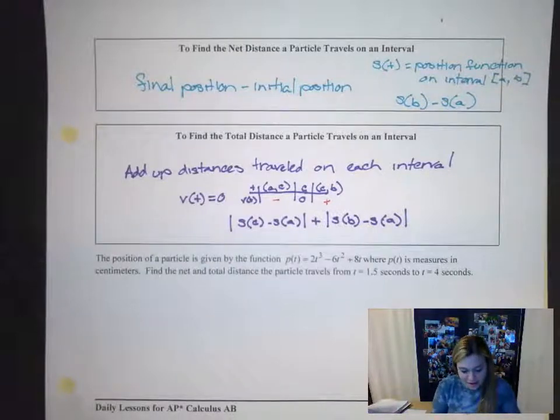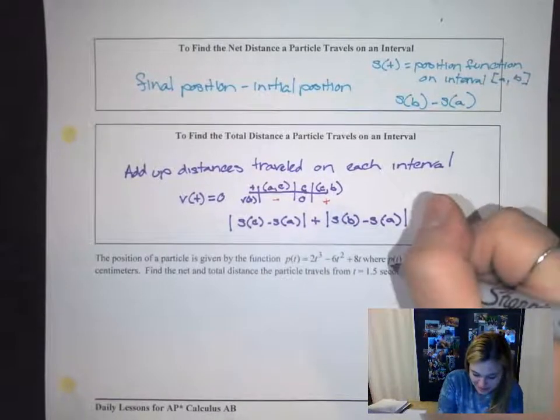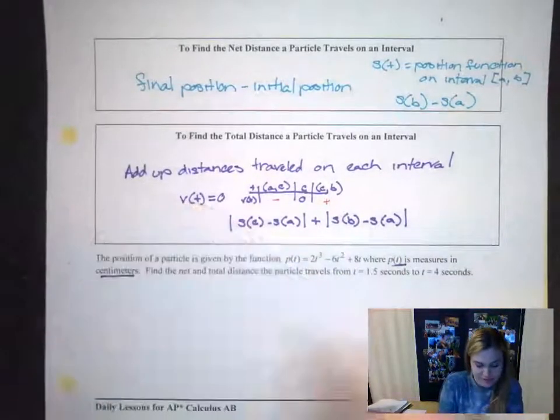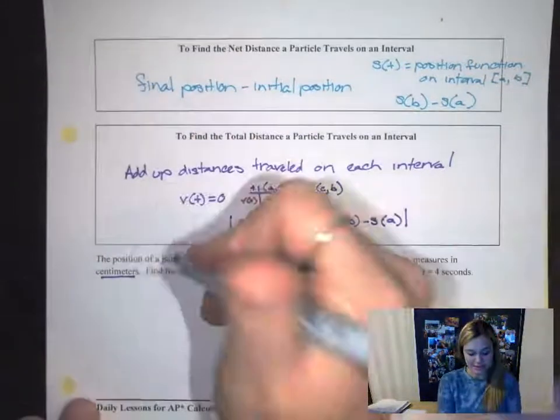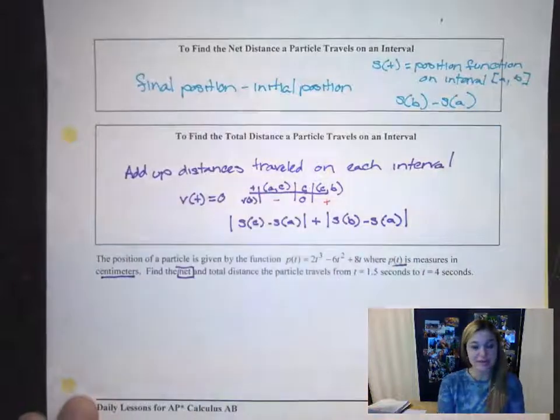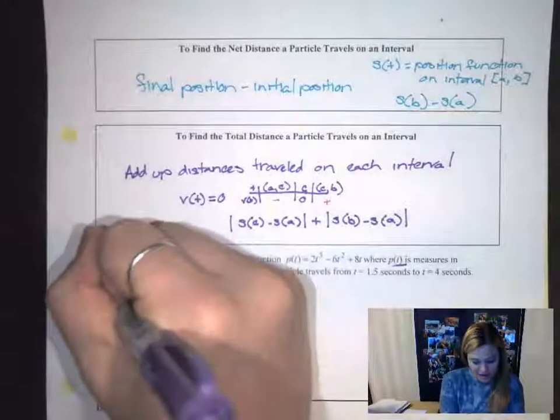Okay, here I've got: find the position of a particle given by this function. I've got P of t is equal to 2t cubed minus 6t squared minus 8t. P of t is measured in centimeters. So P of t is the position, and it's asking me to find the net and total distance. The net is going to be the easier one. The net distance